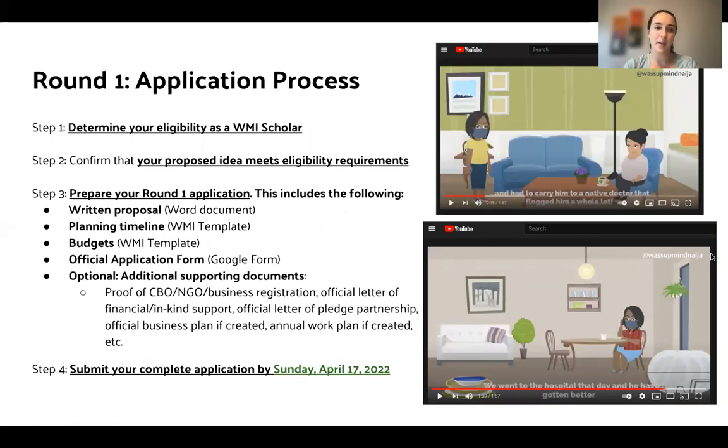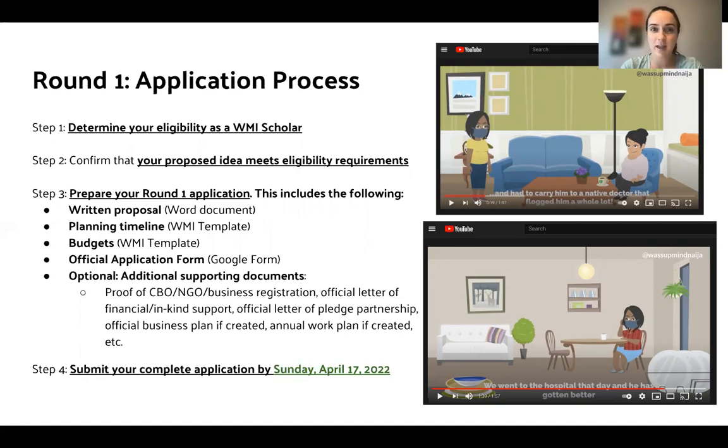So the round 1 application process: determine your eligibility as a scholar, confirm that your proposed idea meets the eligibility requirements, prepare your application. This includes the following elements that are listed on this slide. Many of them, as you see, include a WMI template or the WMI document outlining what should be written in your written proposal. And these documents can be found on our website.